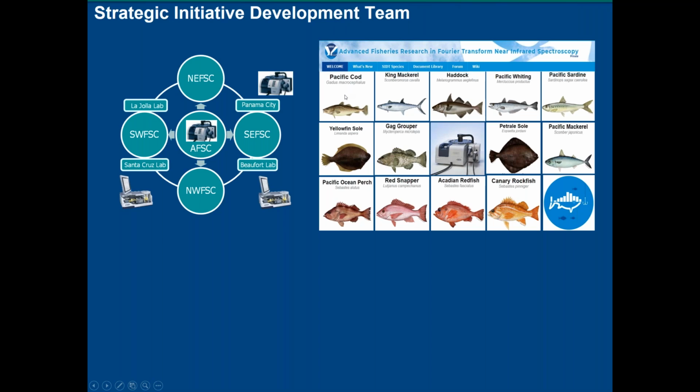Walleye pollock is high on the list. But we're actually doing 4 of them in this whole process. Anyways, it's important, I think, that we demonstrate the utility across a number of species. It may not be the appropriate technology for all species, particularly species where you could basically take an otolith, put it up to the light and count the ages from the bands that way. I don't know many species you can do that with, but obviously